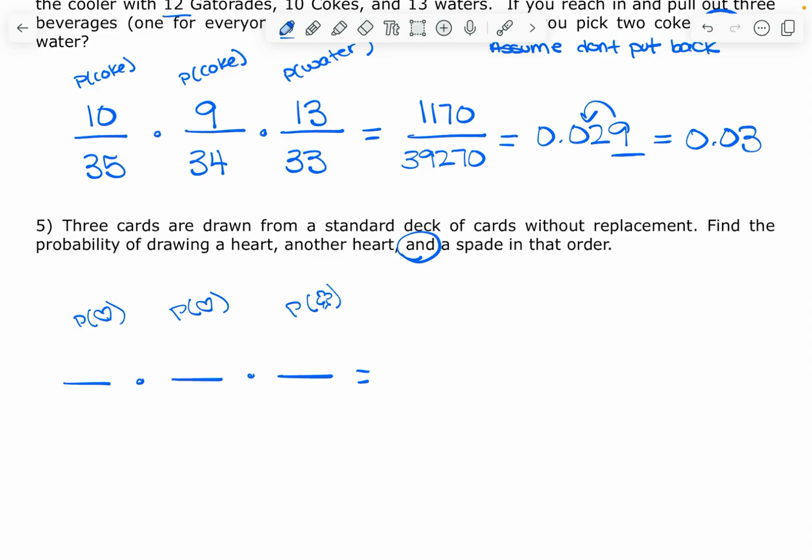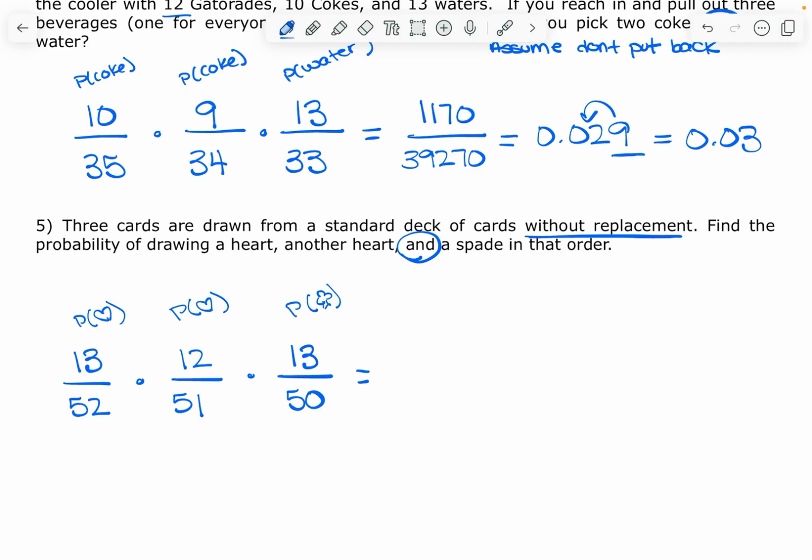Okay, so let's go ahead and look at this. I am doing this without replacement, meaning I pick it up and I put it in my back pocket. I am not putting it back in that deck. So probability of a heart first. Well, there's 52 total options to pick from. Of those, 13 are hearts. So I picked up a heart, I put it in my back pocket. So now there's only 51 cards left to pick from, and there's only 12 hearts to pick from. So I picked up a heart. I now have 2 hearts in my back pocket. There's only 50 total cards left, but spades, I haven't taken any of those yet, so I still have 13